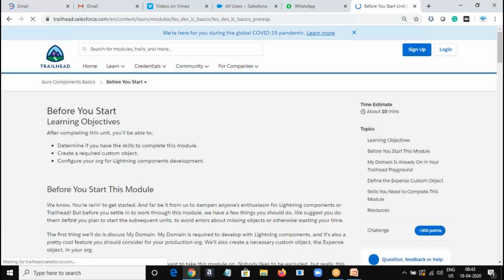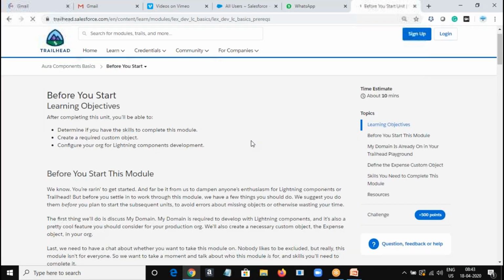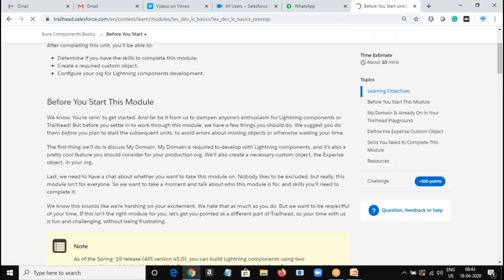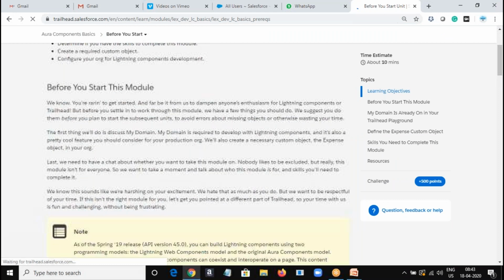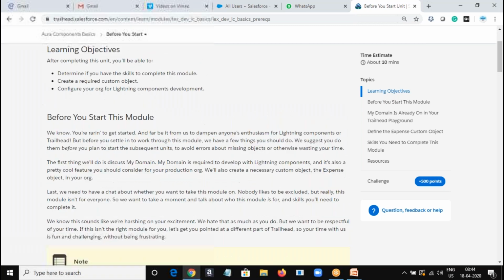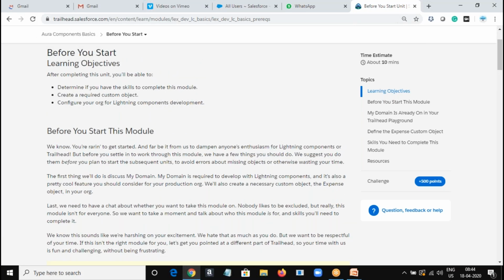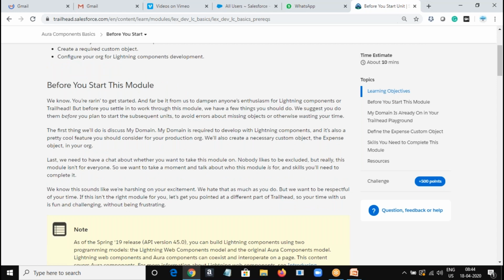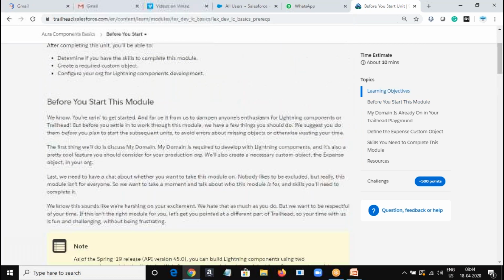Aura component is basically an open source framework of Salesforce, right? It's not out of the box, not a native thing. It's subject to development.